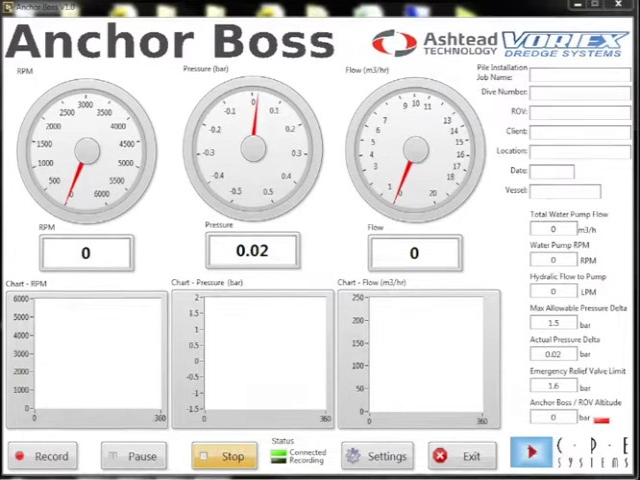Hello, this is Tim Streeter here from CPE Systems, and I'd like to demonstrate the new features of the AnchorBoss UI. The first user interface itself, we've got new